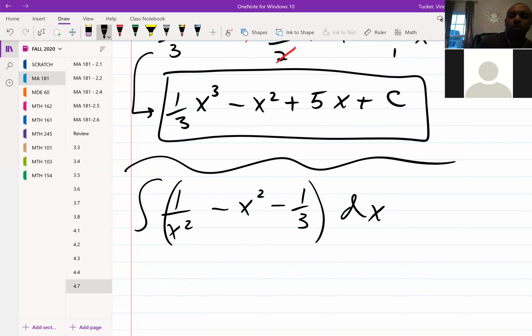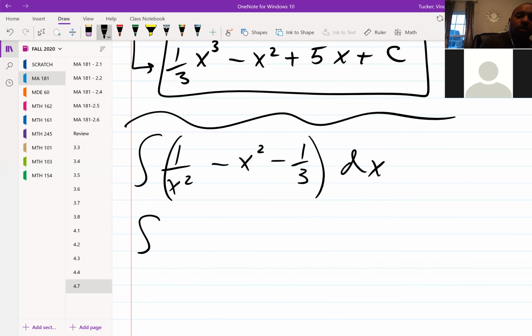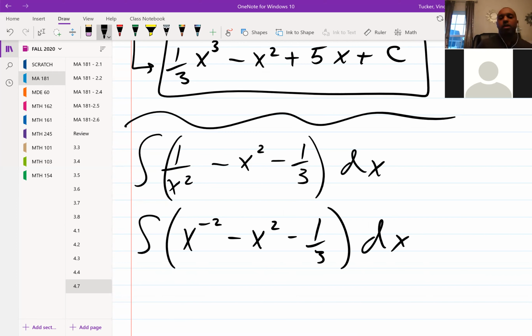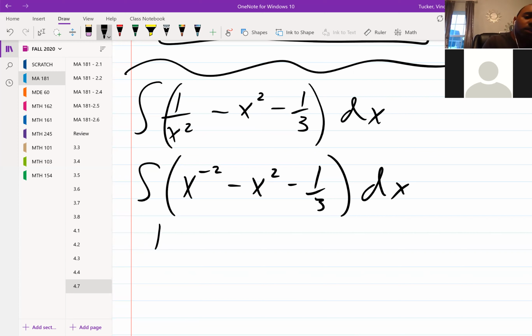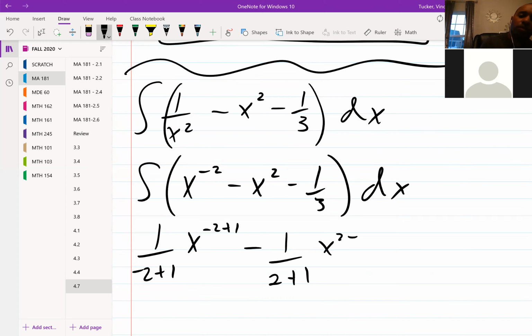All right, so let's go ahead and do this one. The x to the x, 1 over x squared, I will write that as x to the negative second. Now we can take the antiderivative of each one of them individually. It's negative 2 plus 1, x to the negative 2 plus 1, minus 1 over 2 plus 1, x to the 2 plus 1,